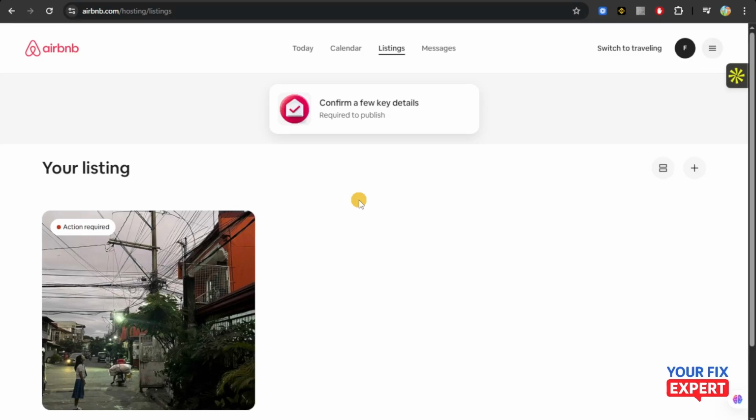This is how you're going to create a guidebook in Airbnb. A guidebook helps guests find your favorite local spots easily. So first thing you're going to do is head over to